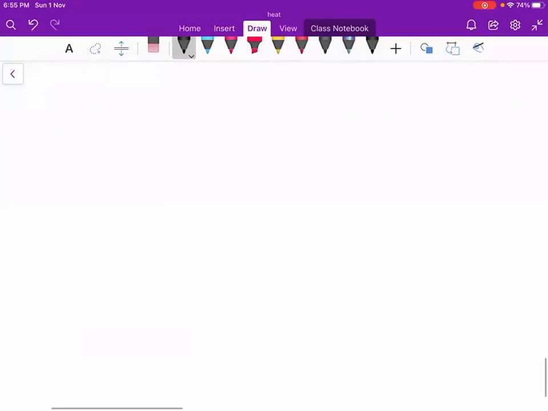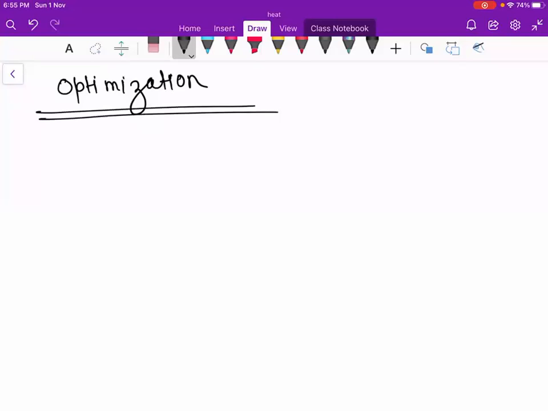Okay, now we are going to start a new topic, that is optimization. So what does this actually mean? We will see what it actually means. Optimization is very important in the chemical industry, because everywhere you will see that terms or conditions will come